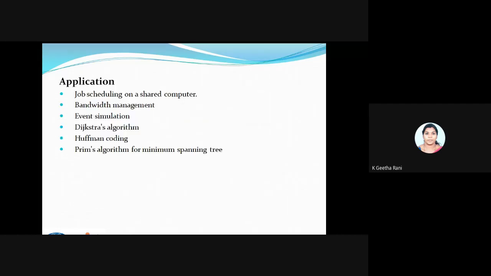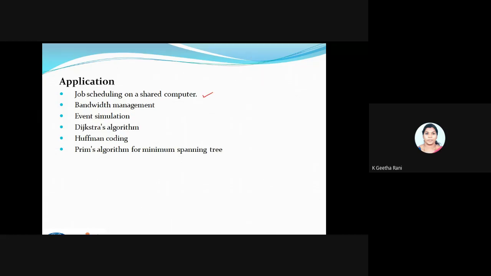Next we'll go for the applications. We have plenty of applications for priority queue. One is job scheduling on a shared computer.